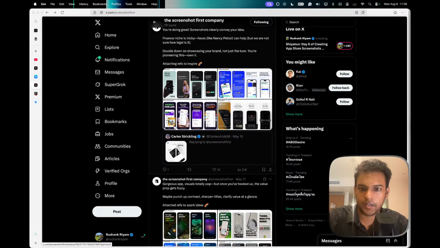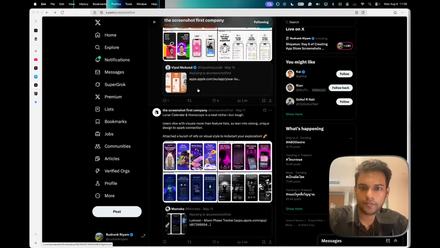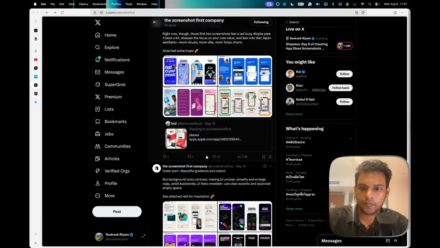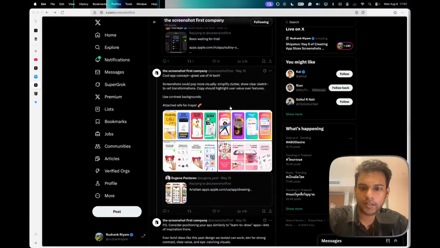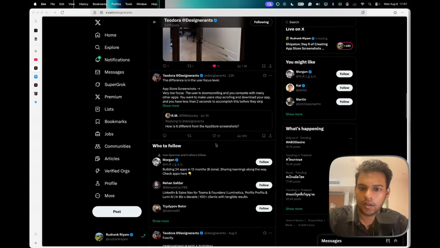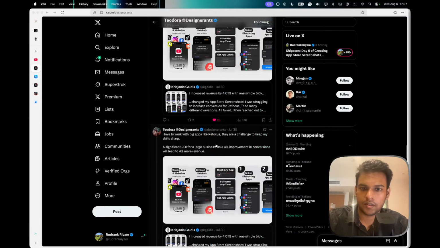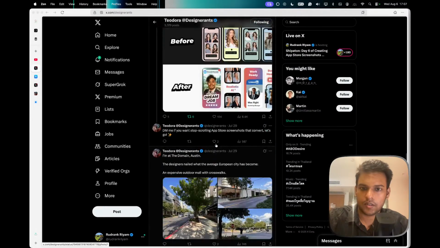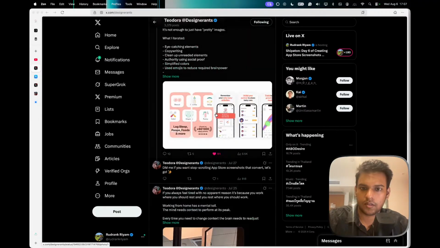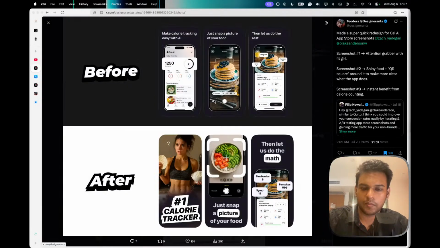If I go back, this is what the apps are doing here. Because I would want to have that very nice panned screenshot over the first two images. And let's see what else I can find. This is a very good example, like before and after.